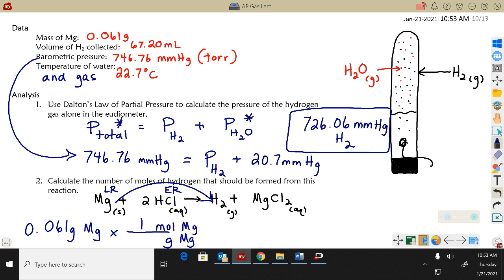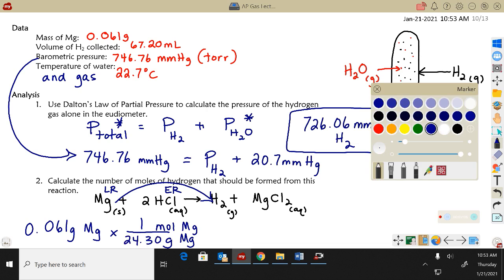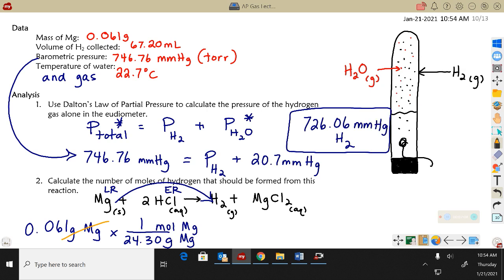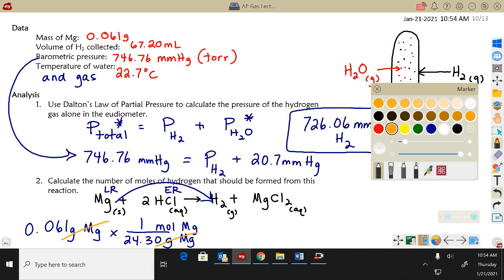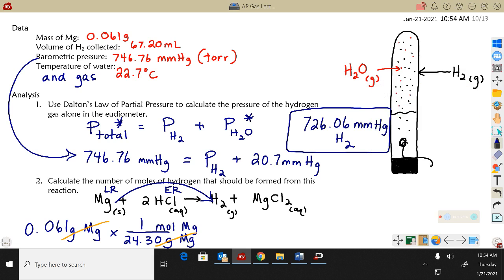We haven't done a mole calculation in a while. On my periodic table, 24.30 is the molar mass of magnesium. And so grams and grams would cancel. And now if I plug this in my calculator, technically I'm at moles of magnesium,